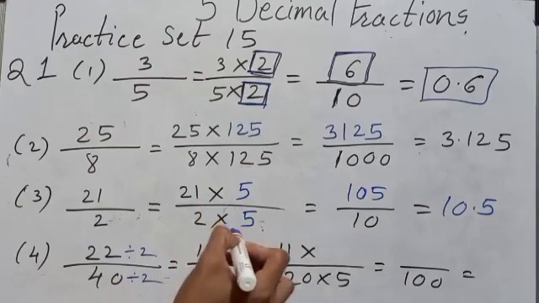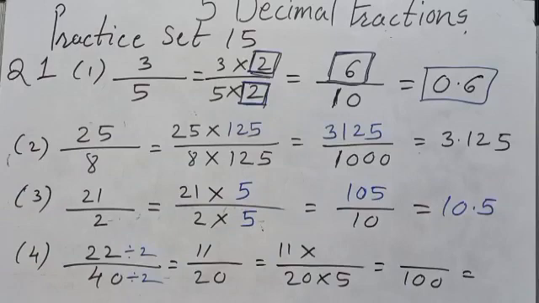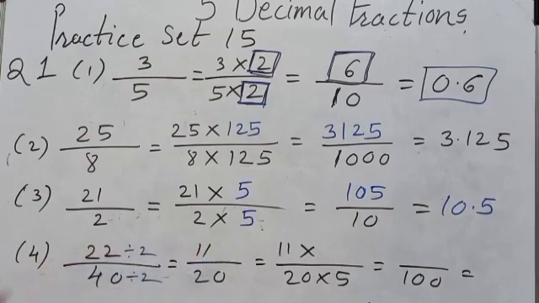If I multiply the denominator with any number, the same number I multiply to the numerator. So in this division also, if I divide the denominator with any number, with the same number I have to divide the numerator, then only those two fractions will be equivalent fractions. Equivalent fractions means their values will not change. Then 40 divided by 2, the answer will be 20. 2 20s are 40 and here 2 11s are 22. Means if I divide 22 by 2, I get 11.